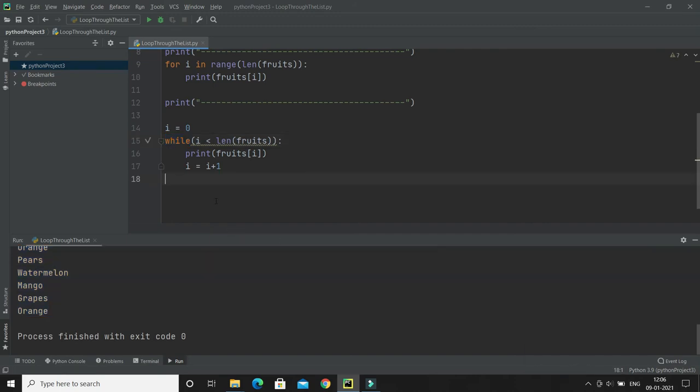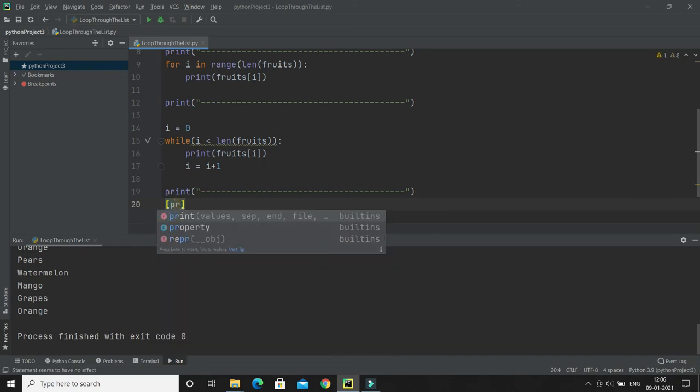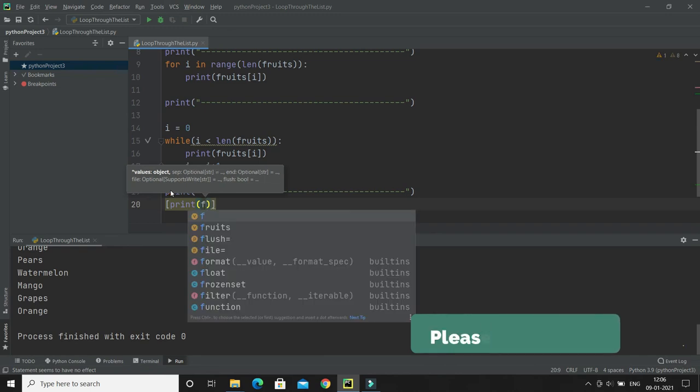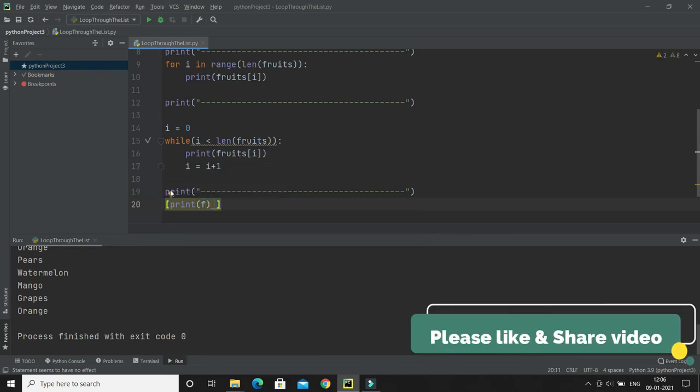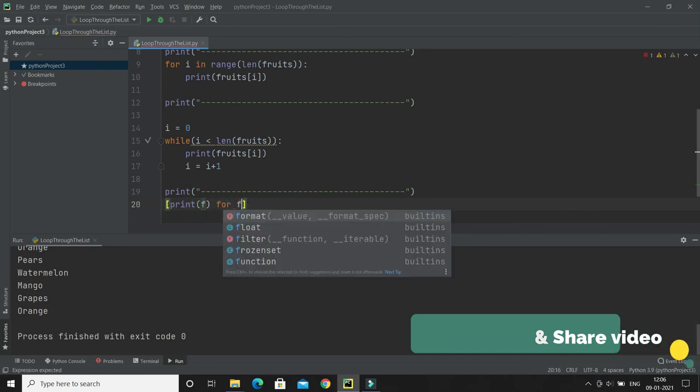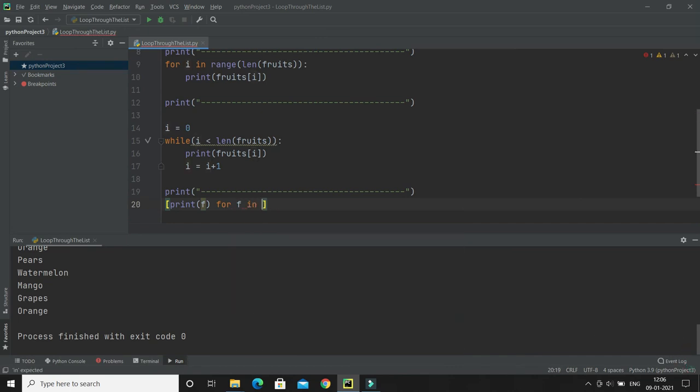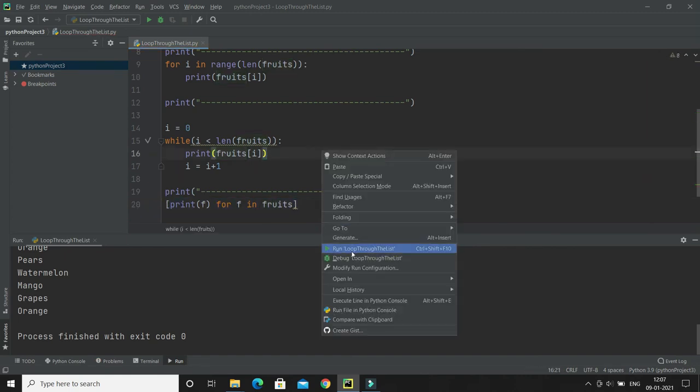Now the fourth approach we are going to learn is looping using list comprehension. List comprehension offers the shortest syntax for looping through a list. Let's see how we can do that. This is the shortest approach to loop through the list. First of all you write a square bracket, and I'm going to print the item, which is f. Now you have to use a for loop, and of course since you are printing f, you have to give the same variable name, and then in, and then your list name, which is fruits, and that's it. In a single line using list comprehension, you can loop through the list items.